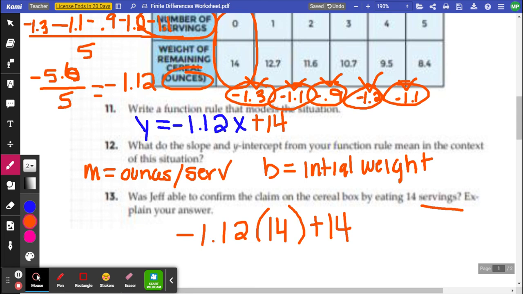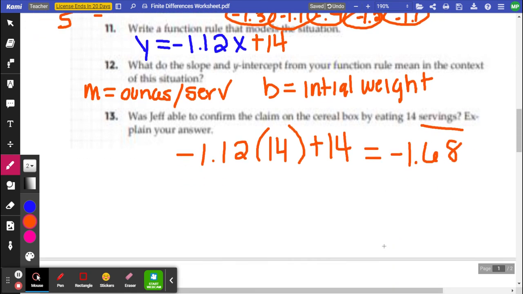So what does that give you? Negative 1 point what? So was he able to get his servings? No, he wasn't. How much was he short? Negative 1.6 ounces. So were they lying when they said 14 servings? They were. Now,